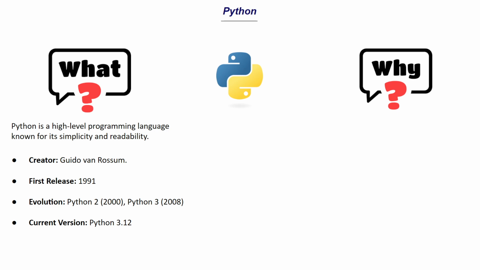And this is some history about Python. So Python was first created by Guido van Rossum. So this is the name of the person, and then it was first released in 1991. So previously we had a version called Python 2, and later we are currently working with Python 3. And within Python 3 we have different versions. It started from 3.1, 3.2, and so on, and currently we are on 3.12, by the time that I'm recording this video.